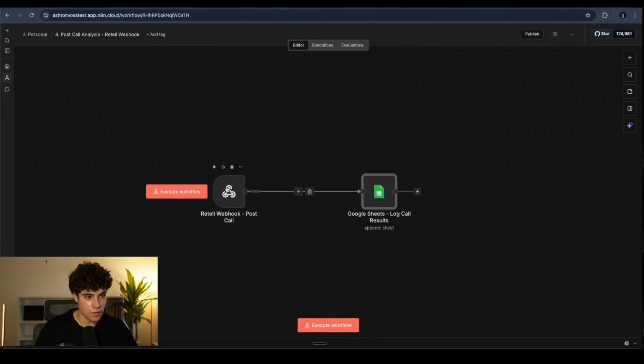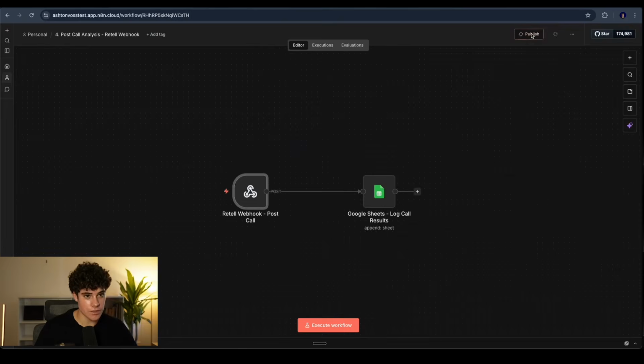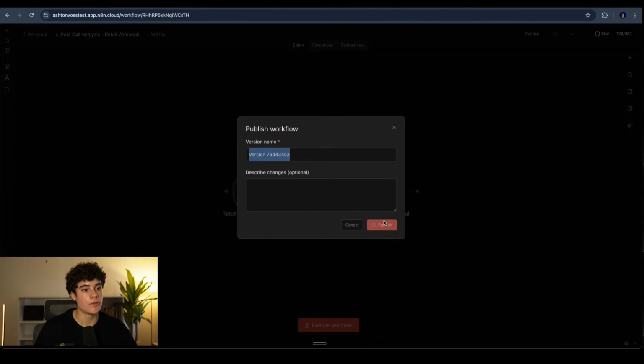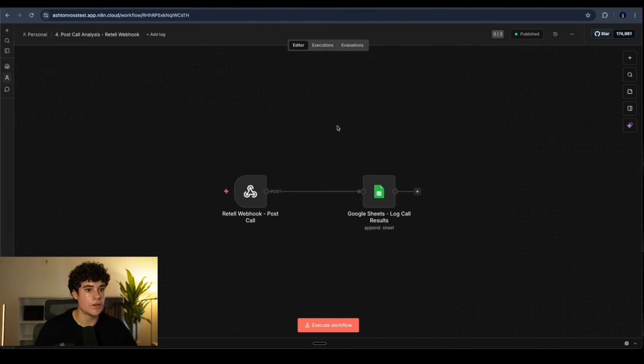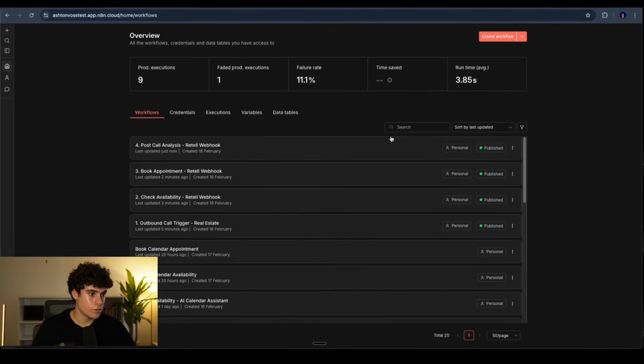We'll do it after the agent's built. But yeah, that's essentially it. So we can go ahead and publish it. As you can see, it's built out everything. It's just a few manual changes that we needed to do. So now if we come back to our overview, and yeah, that's going to be all our 4 workflows done